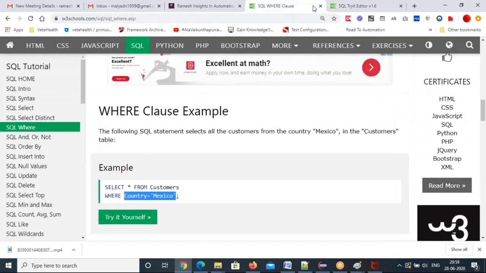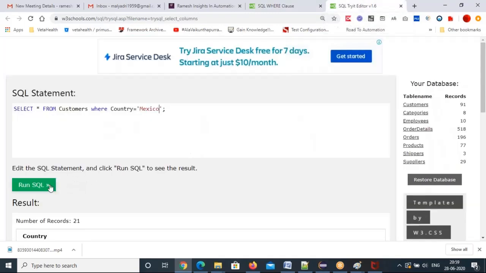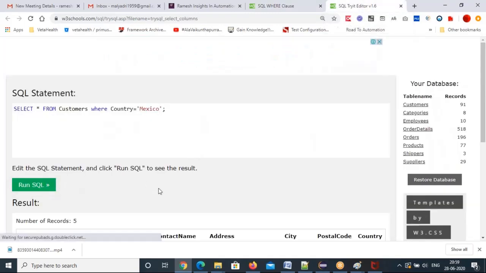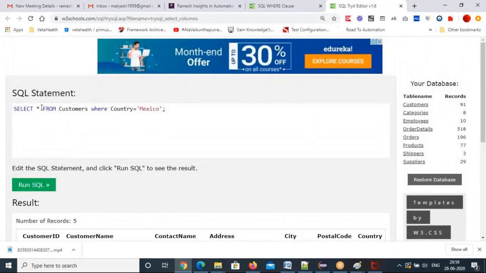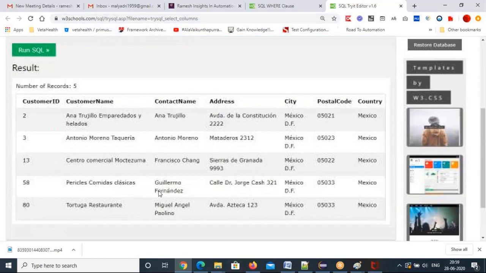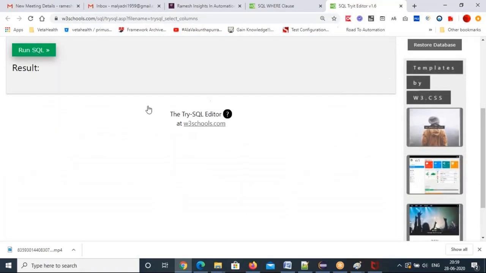That's the same name, Mexico, correct. Now it will fetch. If you want only particular customers, instead of star you put a customer name. So you want only customers from this country. It will fetch. See, only 5 records are there. So these are the 5 records.